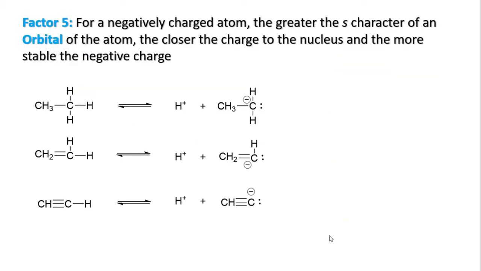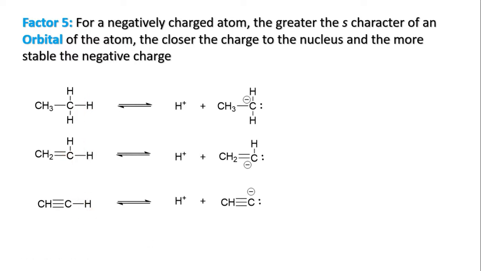Okay, so we are on to the last factor that affects the stability of the conjugate base. All right, and this one is called orbital. Let me show you this real quick before we talk about it in detail. Okay, so what we have here is a proton of an alkane, a proton of an alkene, a proton of an